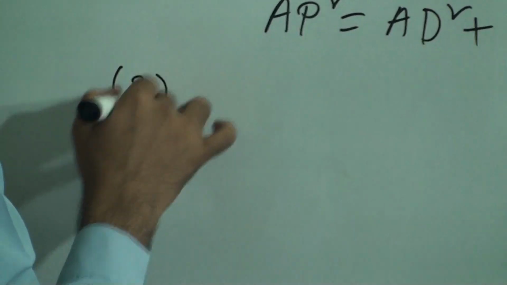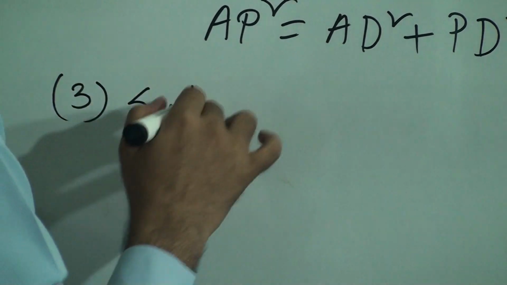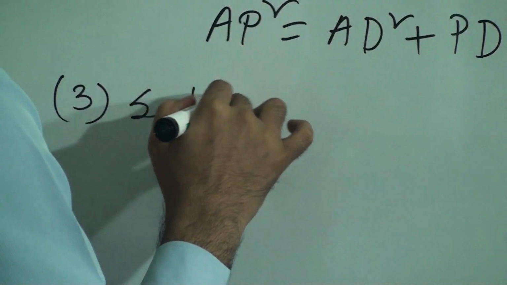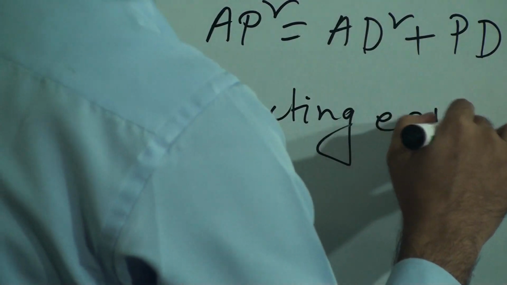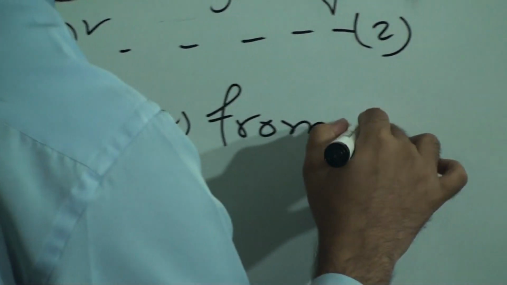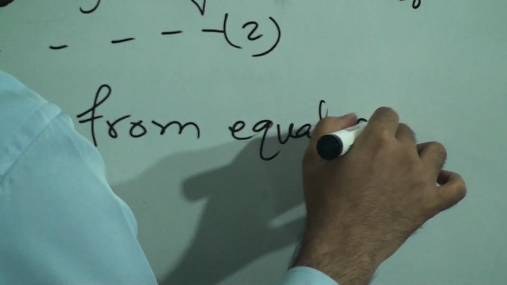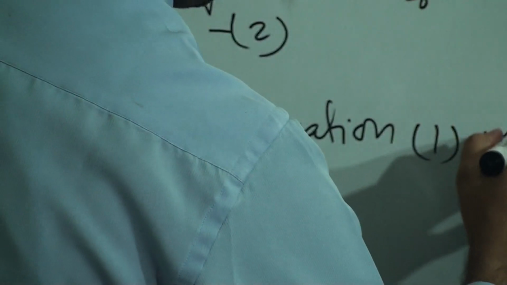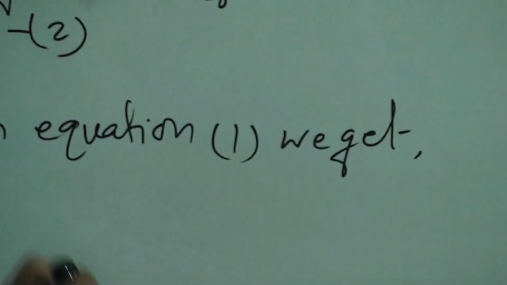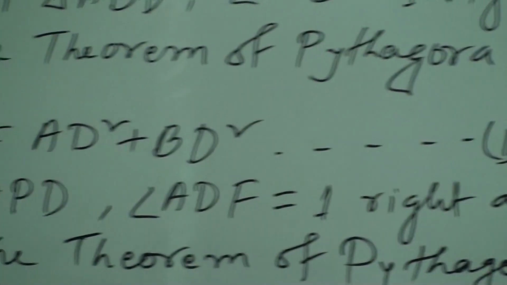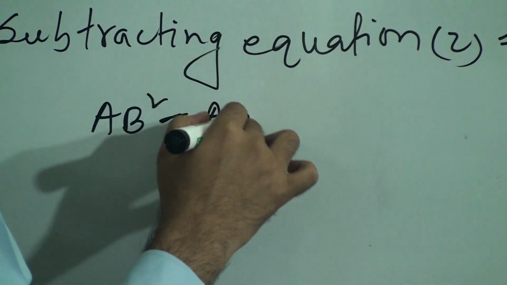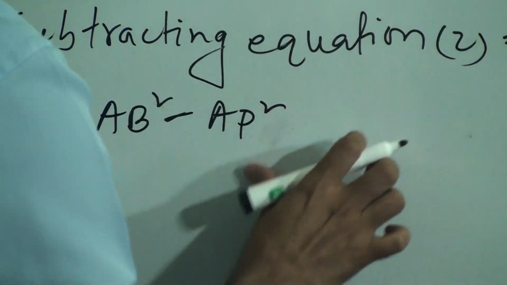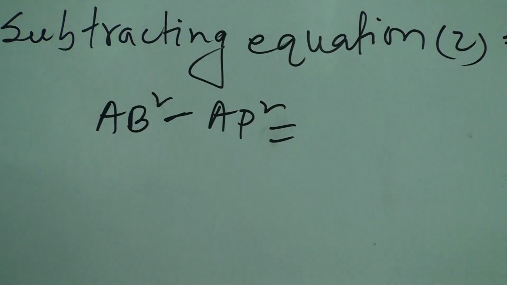Step 3. Subtracting equation 2 from equation 1, we get what we will get. Now subtract left side from left side, so you will get AB square minus AP square, and we have to subtract right hand side from right hand side,